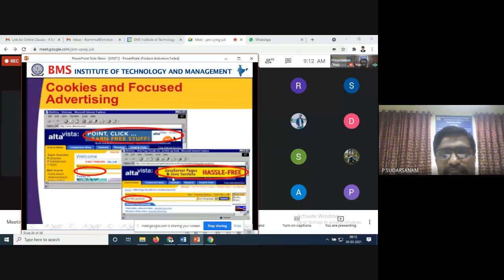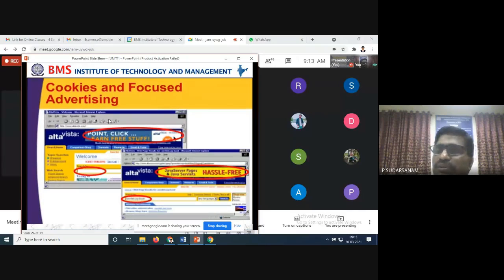Java Server Pages and Java servlets. So this is what this is, and if you are searching for something, you can search it. So this is what cookies and focusing the advertising are. You people know better than me the websites and the way of accessing them, for example maybe YouTube or Amazon, Flipkart, or any advertisements.